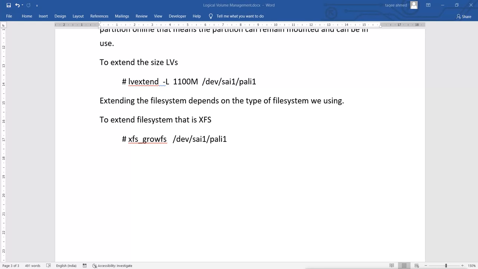If it is an XFS file system, you cannot do it. You will corrupt your partition and lose the data.